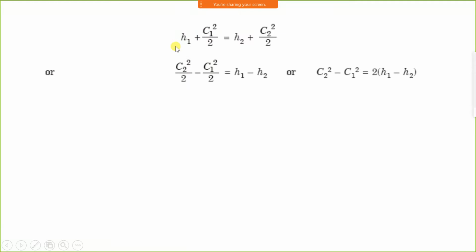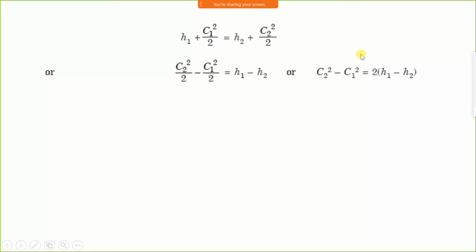What is left? At inlet, initial enthalpy is higher, which is H1, and at outlet, final enthalpy is lower, which is H2. At inlet, velocity is very low, C1 square by 2, and outlet velocity is very high, C2 square by 2. Means here only enthalpy changes and kinetic energy changes, other things remain constant. Take the velocity part on the left hand side: C2 square by 2 minus C1 square by 2 is equal to H1 minus H2. Then if you simplify it, taking 2 to the right hand side, C2 square minus C1 square is 2 times (H1 minus H2).